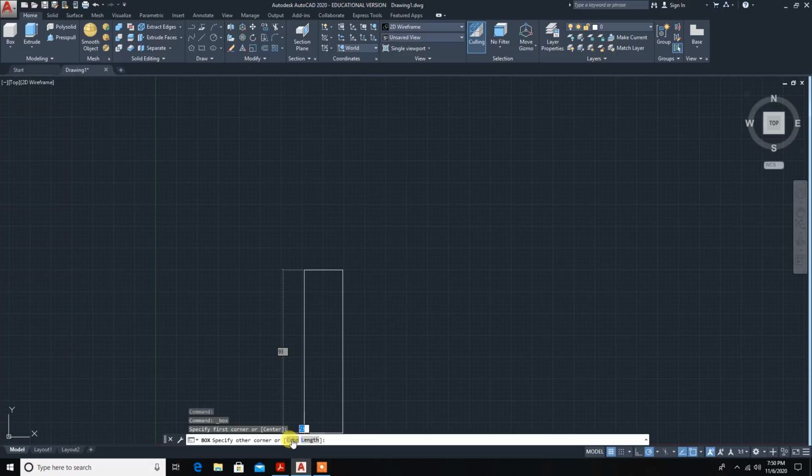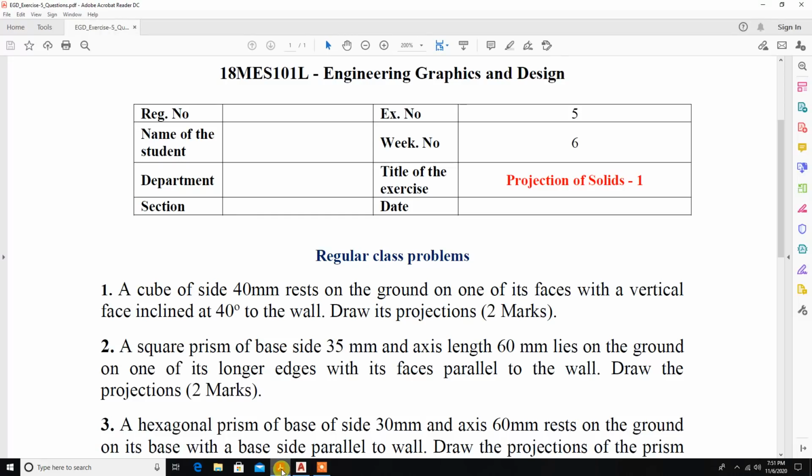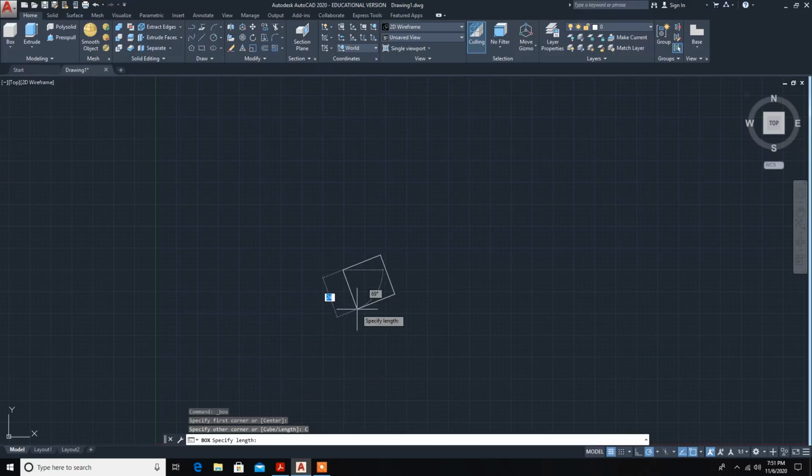So here we are going to draw a cube, so you can click on cube, or you can type C, cube. When we select cube, it is asking the dimension. So how much? 40 mm. So you can just type 40. When you type 40, a 40 mm cube is made.